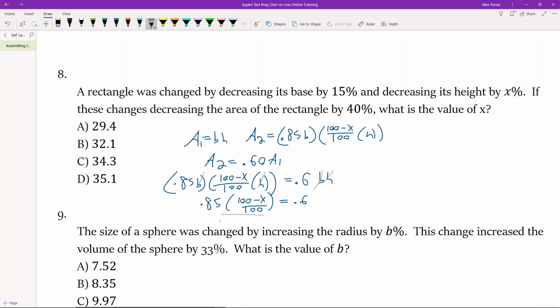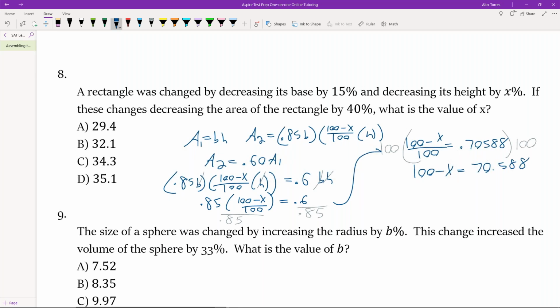We can divide both sides by 0.85, and we have 0.70588 on the left. So we've got (100 minus x) all over 100 equals 0.70588. Multiply both sides by 100, and you get 100 minus x equals